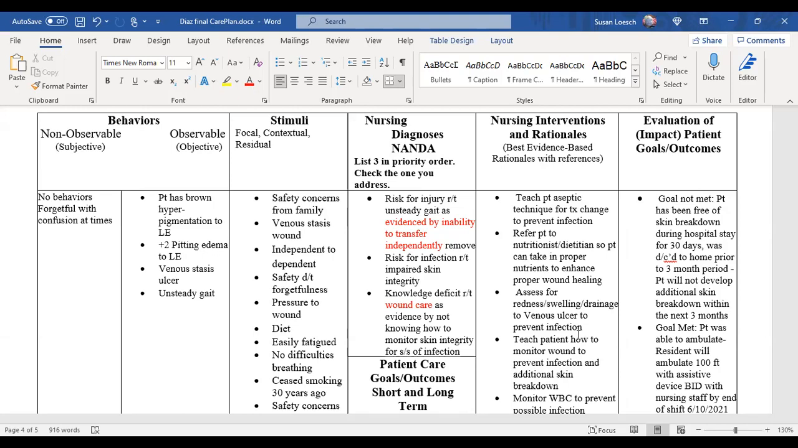All right. So for this, let's say we were addressing the knowledge deficit about the wound care. So what are some goals and interventions that go together that we would want this patient to do to increase their knowledge? Because if they increase their knowledge about how to care for the wound,